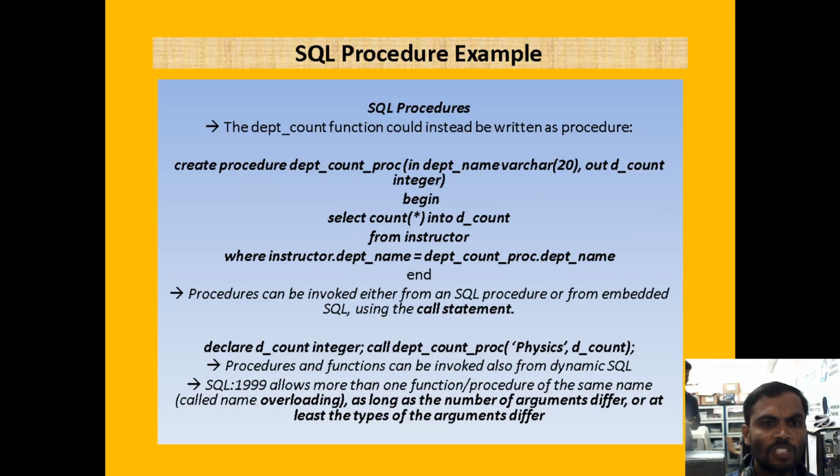Now coming to the procedure, to write the example for the procedure, create or replace procedure, and under the procedure we give the parameter. The parameter mode by default is in mode, whether you give it or not. Now we give an out mode, and one more mode is in out mode. Then begin, select count, after the from. We are not using the return clause under the procedure. This is the major difference between the procedure and the functions.